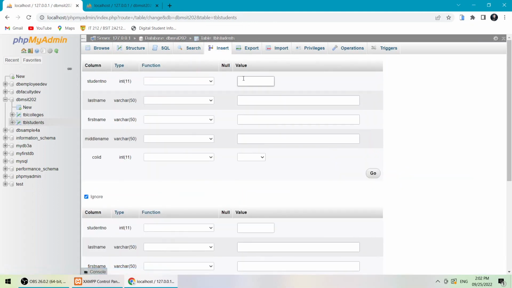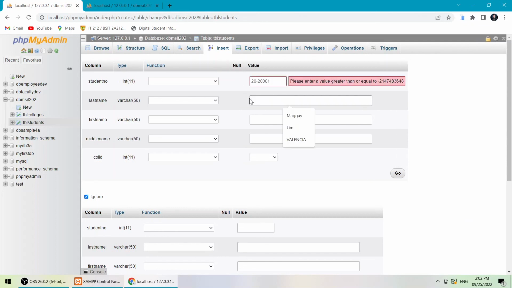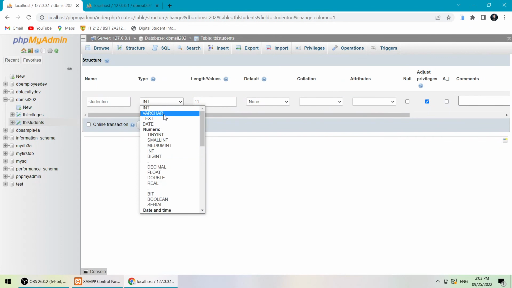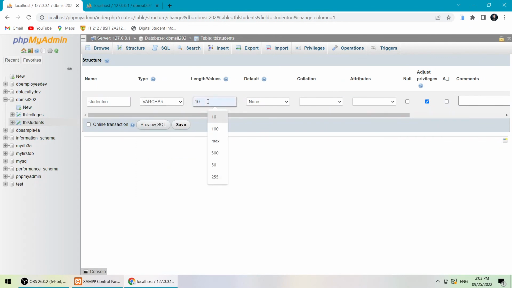So here, student number, let's say 20-200, sorry, 20-2001. Then, since our student number is a string, the student number should be varchar. Okay, student number should be varchar. So let's just change this one. Let's use varchar, and then let's say 20, or I think 10 is enough for a student number. Okay,